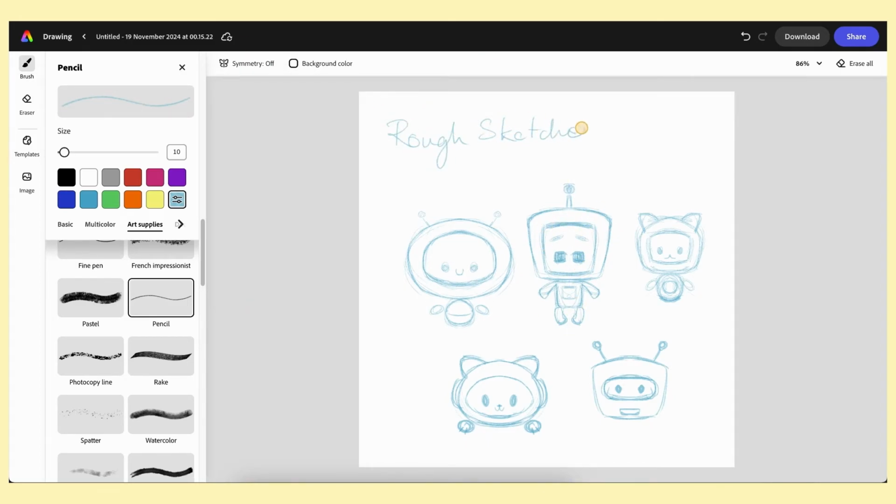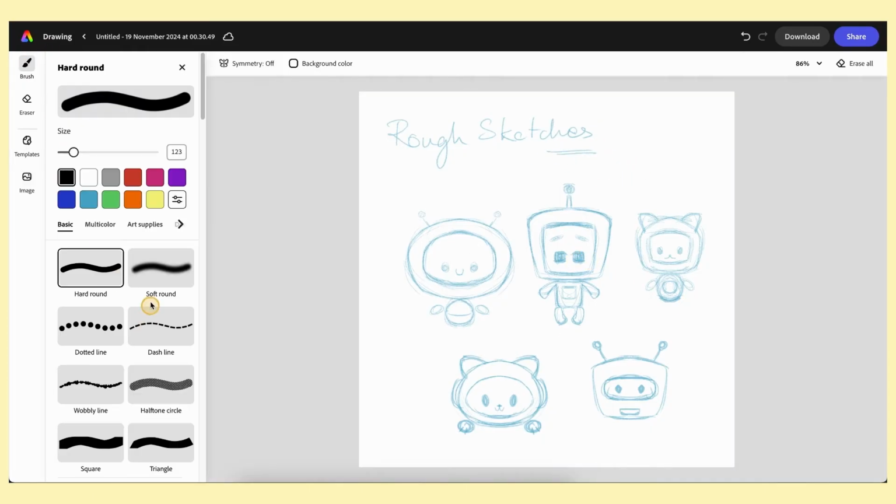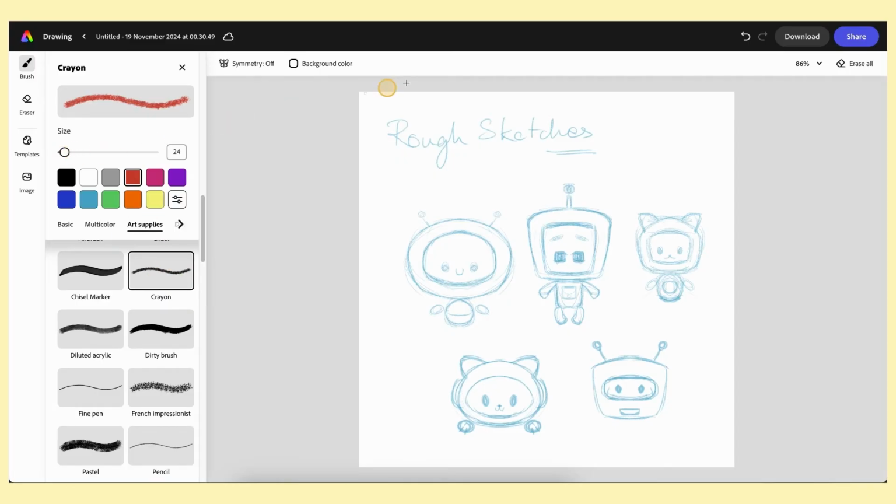So here are the rough sketches or the rough exploration of the initial design, and let's evaluate these sketches or the design concepts we have created for our mascot. So we have variation of shapes, combinations, even proportions also. For the first one, this is a great start, but it's too big.